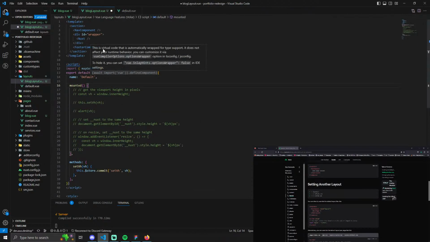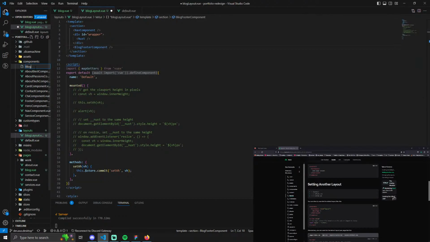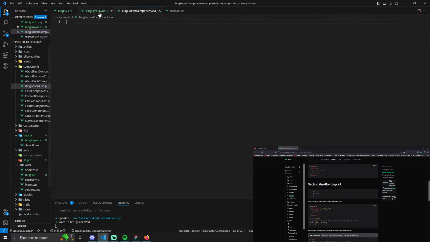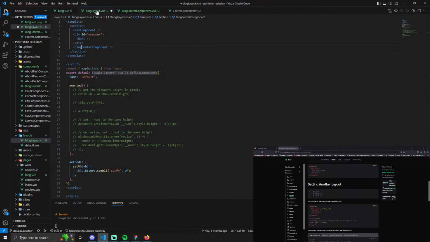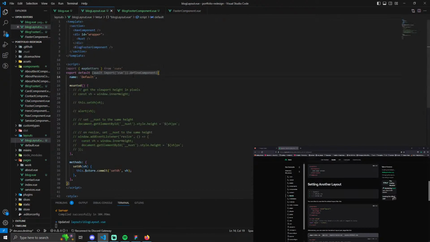And then blog footer component. Blog footer component. Let's take all of this, paste it here. And then